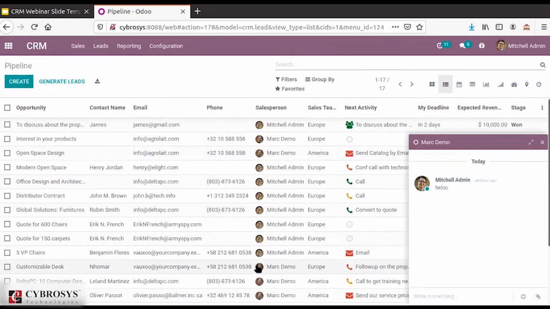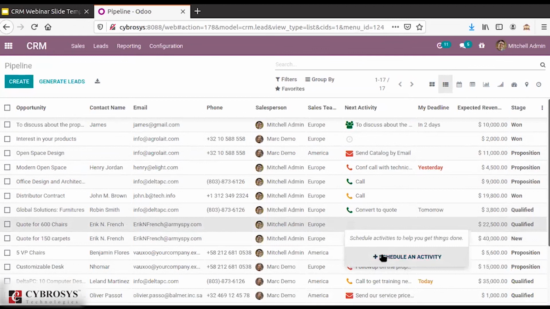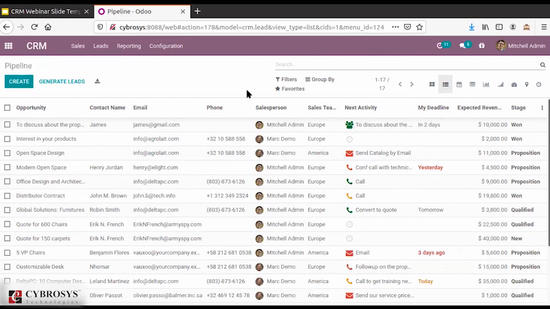Then you can also schedule the activities and view the activities for each record from the tree view and model itself. Then in the settings of each and every module, you have easy access to the documentation also. So it is easy to understand.